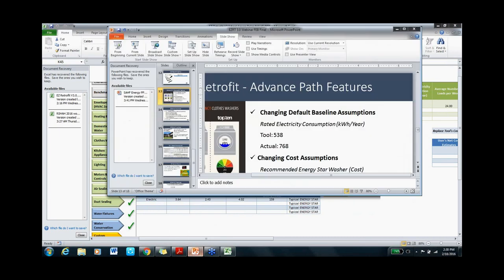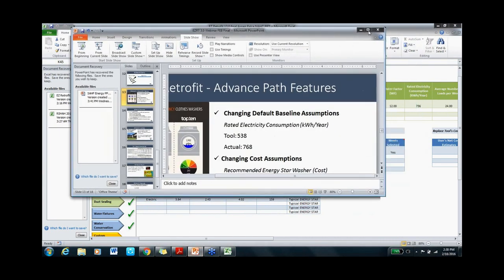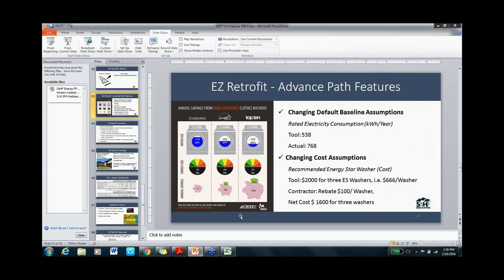Now, say you muted. We had some glitch here, but coming back to the presentation,